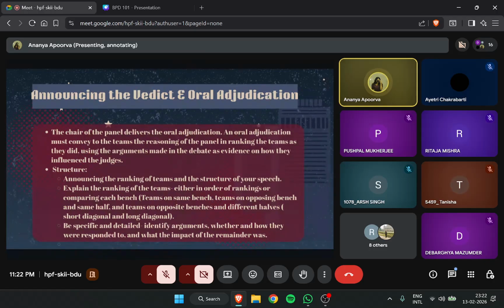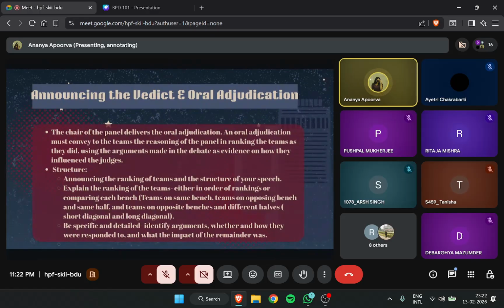What does that look like? And this is actually a little more complex version of analyzing and comparing two teams, comparing four teams, right? Wherein let's say that we start with opening government, right? So you need to prove to me why opening government wins or loses over opening opposition. This is known as half comparison, wherein you compare both the opening half teams. Then you go ahead and compare opening government with